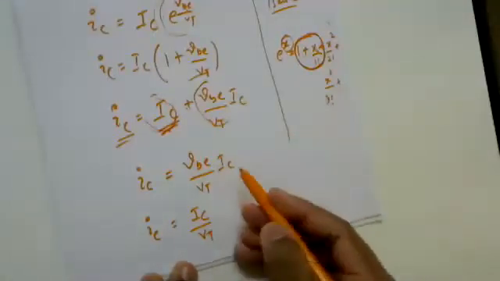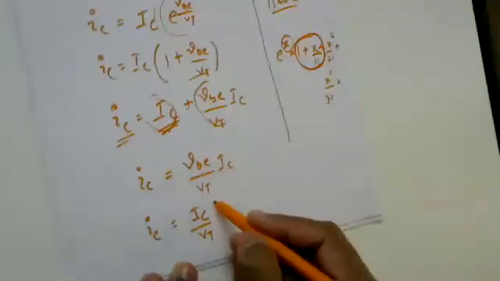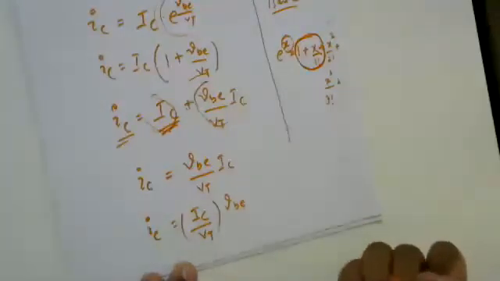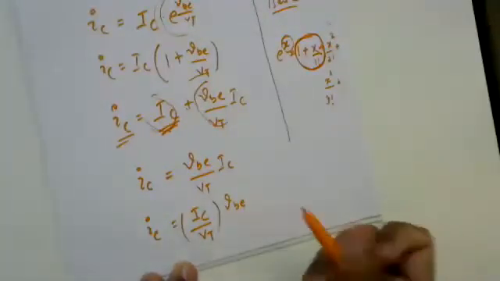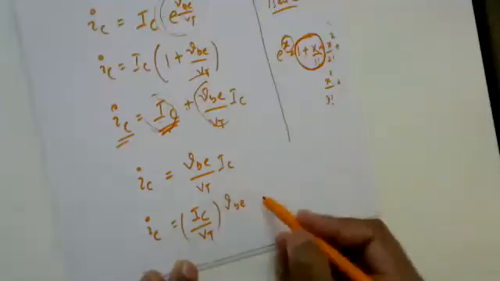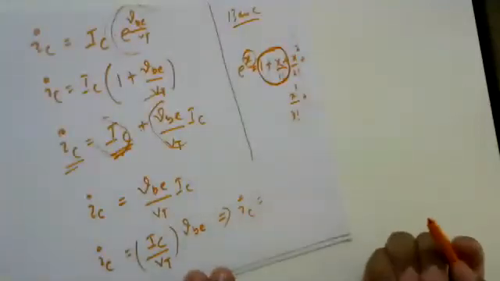I'm taking this IC on this side: IC by VT into VBE. So this can be expressed as ic equals